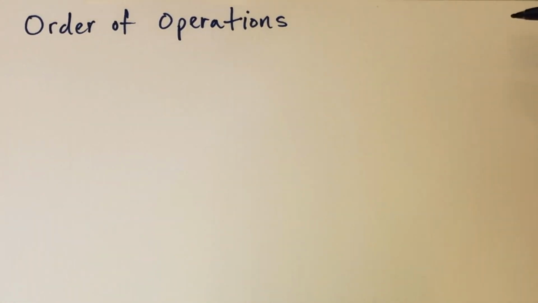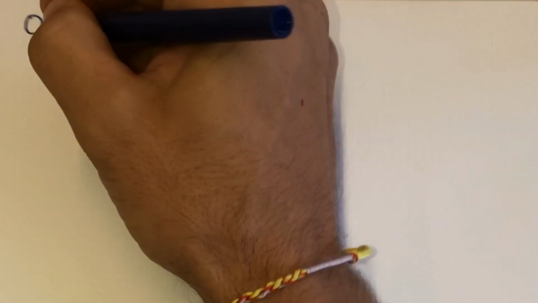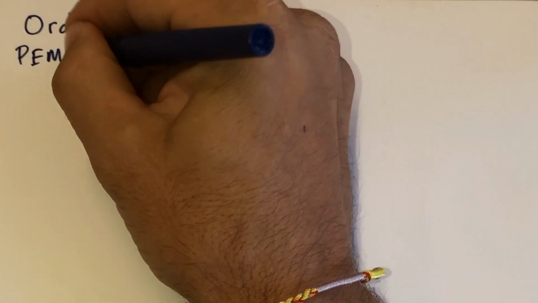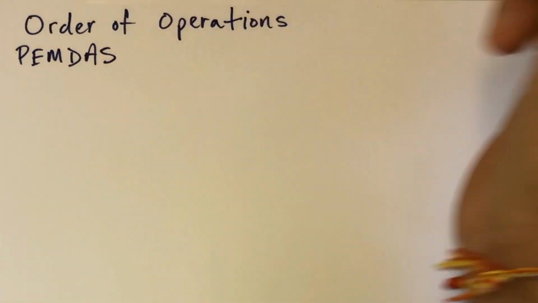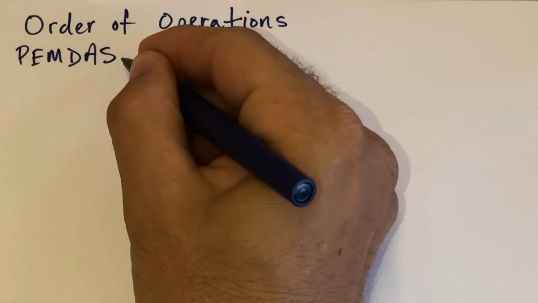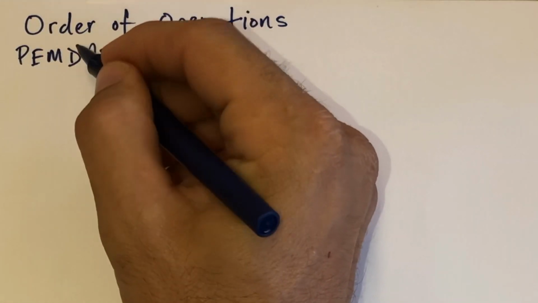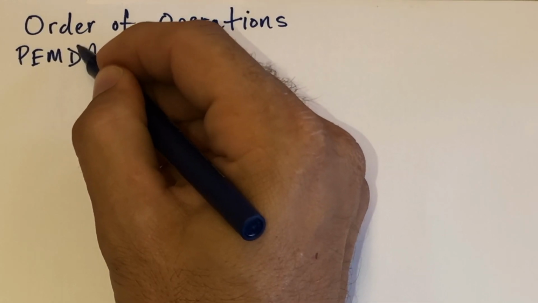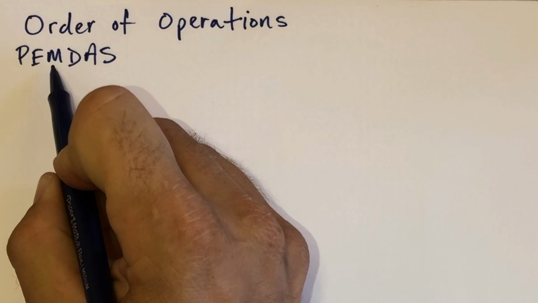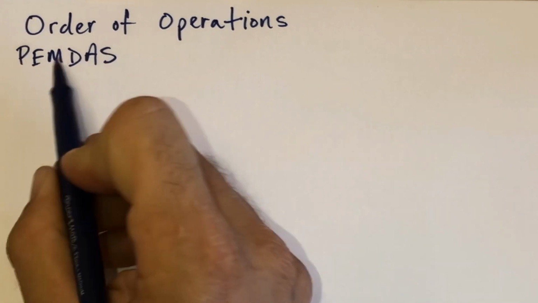A couple key things I want to go over to start. I'm sure you've been introduced at some point in middle school to "Please Excuse My Dear Aunt Sally." I want to settle some confusion here as far as how this works. There is some deeper understanding that needs to go into PEMDAS: parentheses, exponents, multiplication, division, addition, and subtraction, in that